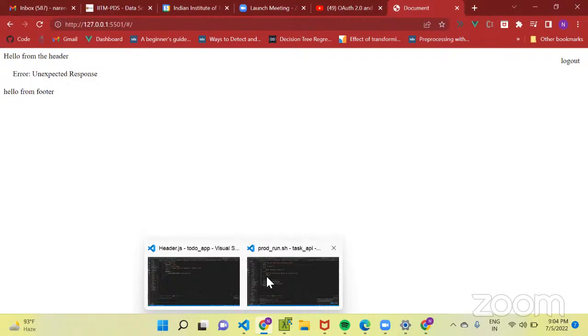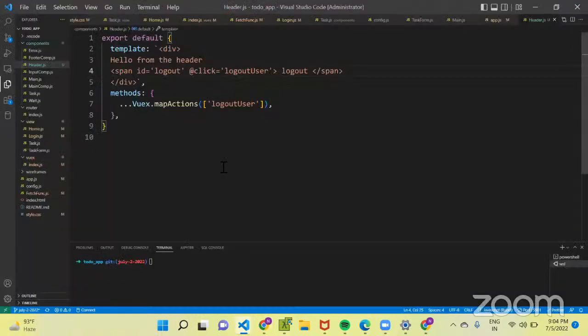But what we would like, once someone logs out, we should return back to the home page. Like if you are using an application and once you click on the logout, the application redirects you to the login page. This means that if you want to use this application, please log in again. So we will implement this